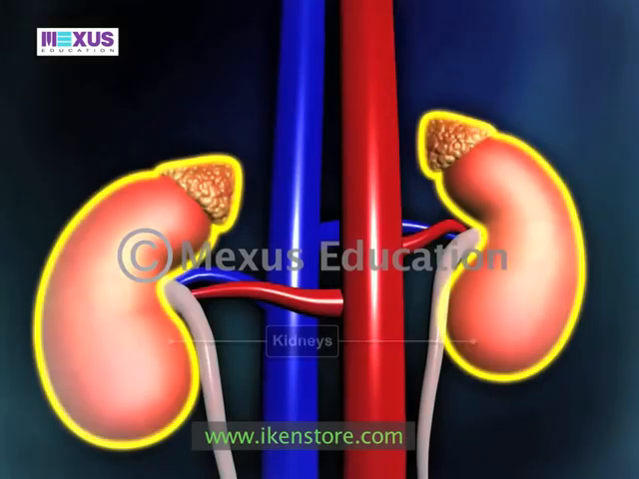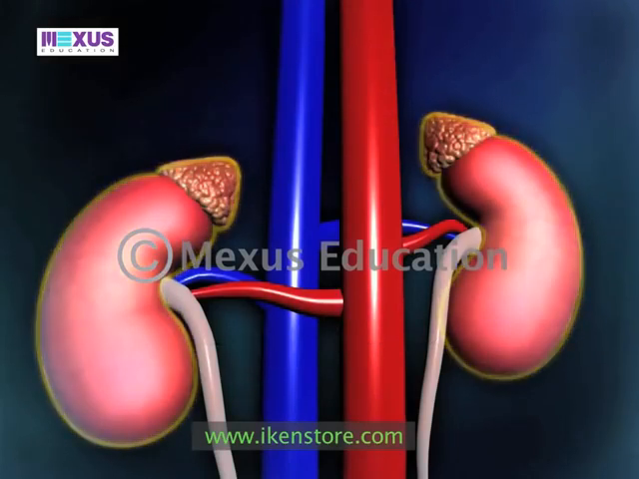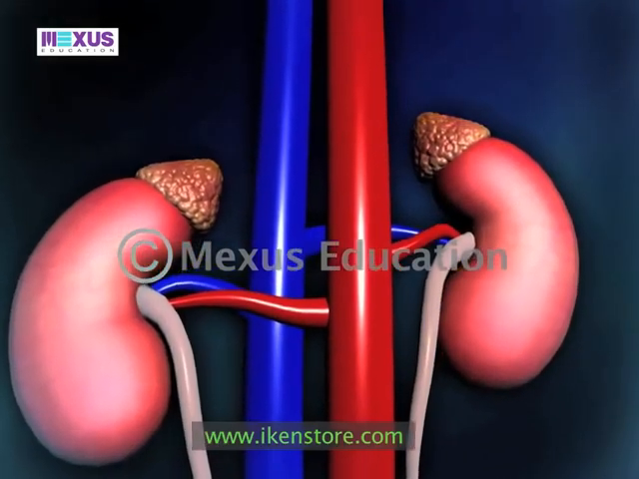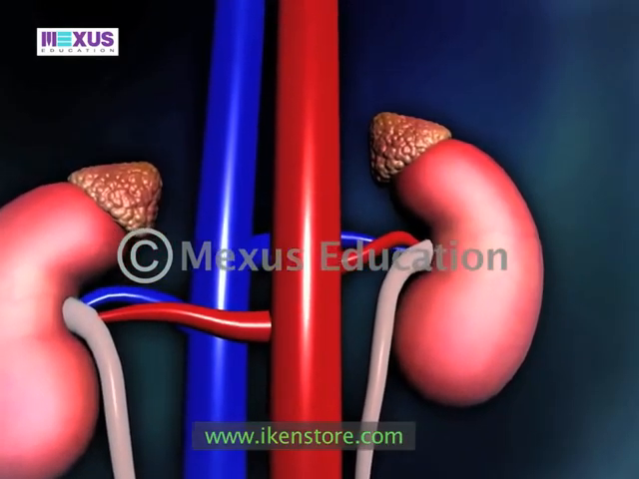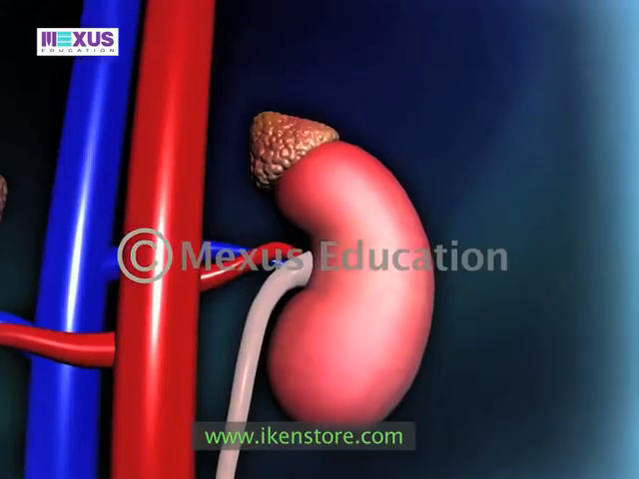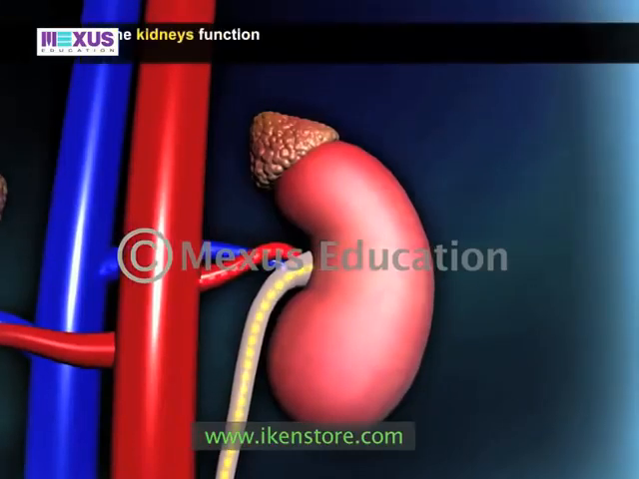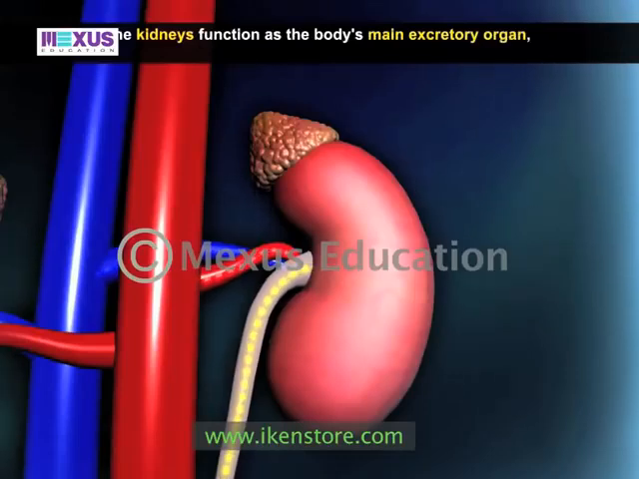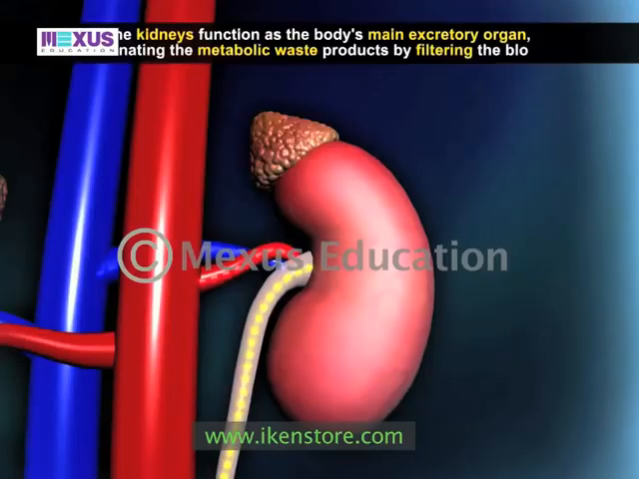Human kidneys are paired kidney bean-shaped organs located on either side of the spinal column, extending slightly above the waist. The kidneys function as the body's main excretory organ, eliminating the metabolic waste products by filtering the